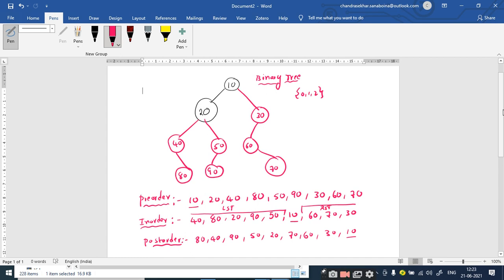So the in-order traversal is used to break the given list of elements into left subtree and right subtree, and the pre-order traversal is used to identify the root node. Similarly, the post-order traversal. By this you might have understood the logic also, right. So let us construct a binary tree by using the pre-order and in-order first, and then we will see what happens with in-order and post-order, right.